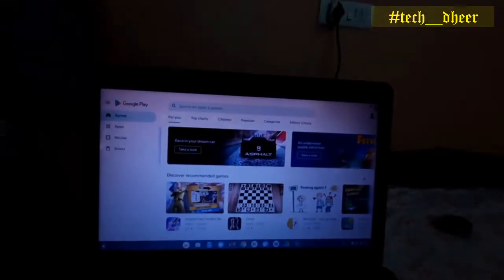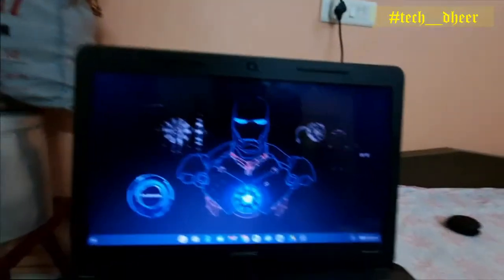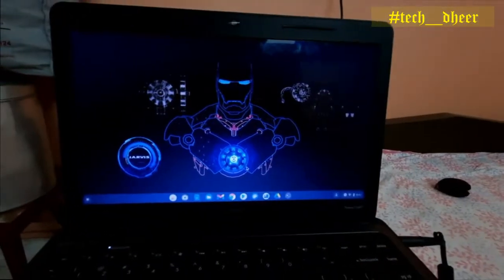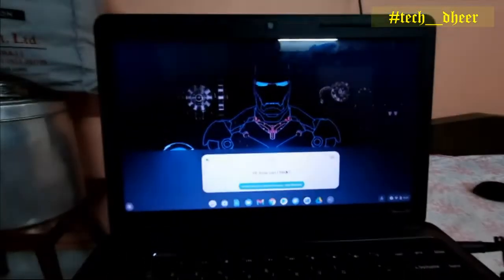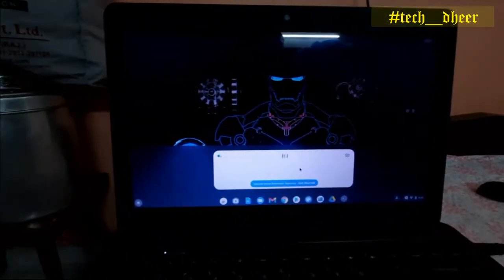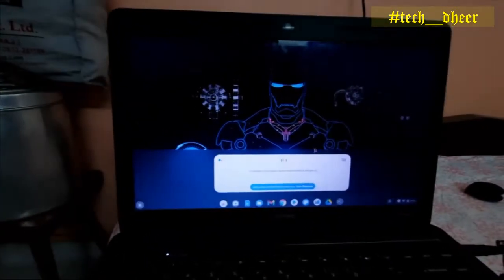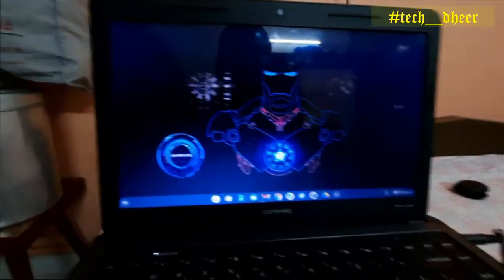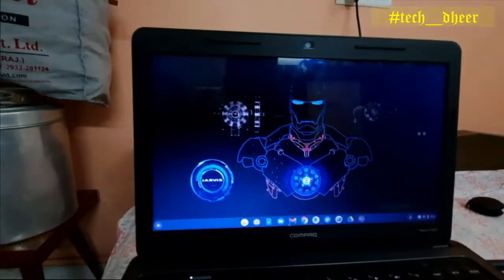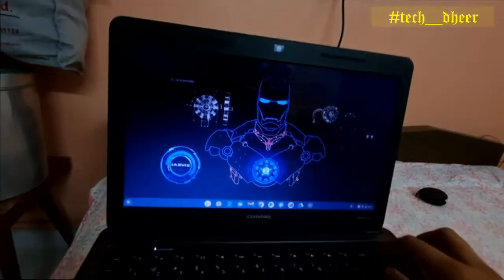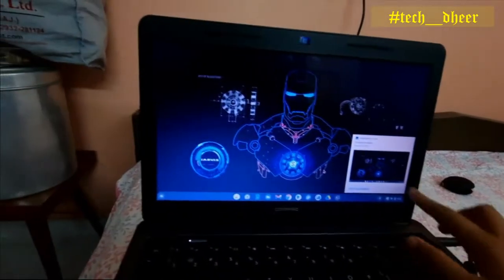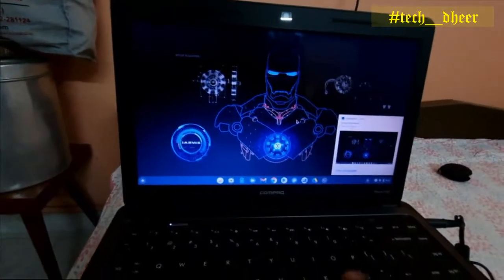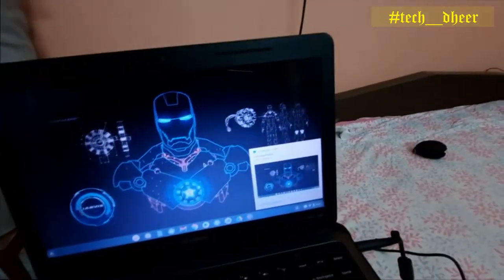Okay, and now this computer has Google Assistant. You can just say okay Google, so it will pop up and say hi and everything. Okay, so now let's go to some other features, which are screenshot. You can just click on print screen to take a screenshot, and many other features are there, like Windows L for locking, and all those features.